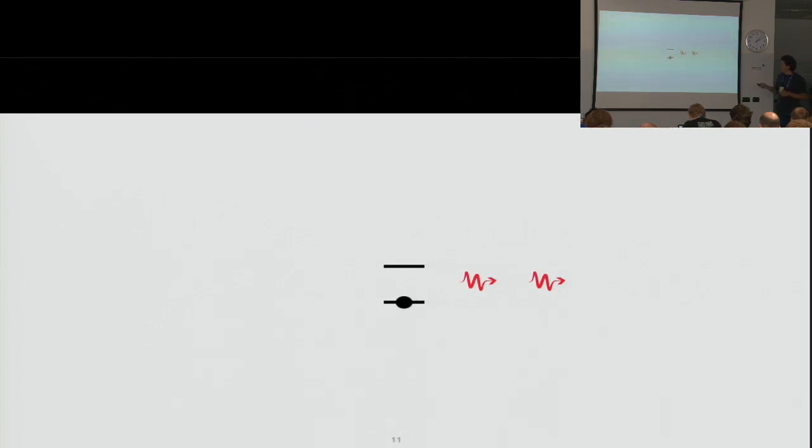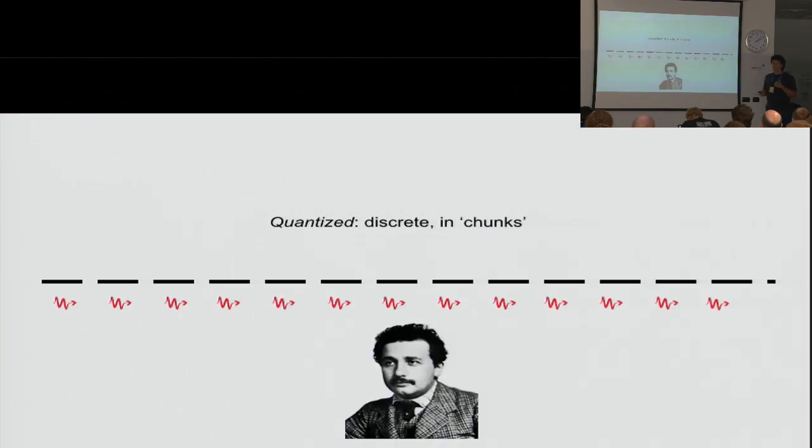And when the atom emits an excitation, it will emit a photon, and it will be de-excited. So this is already interesting because it gives a glimpse into what quantum really means. Quantum means nothing else than discrete, in chunks, something that is quantized, which is not continuous. And this is an intuition with regard to the quantization of the electromagnetic field that goes back to Einstein.